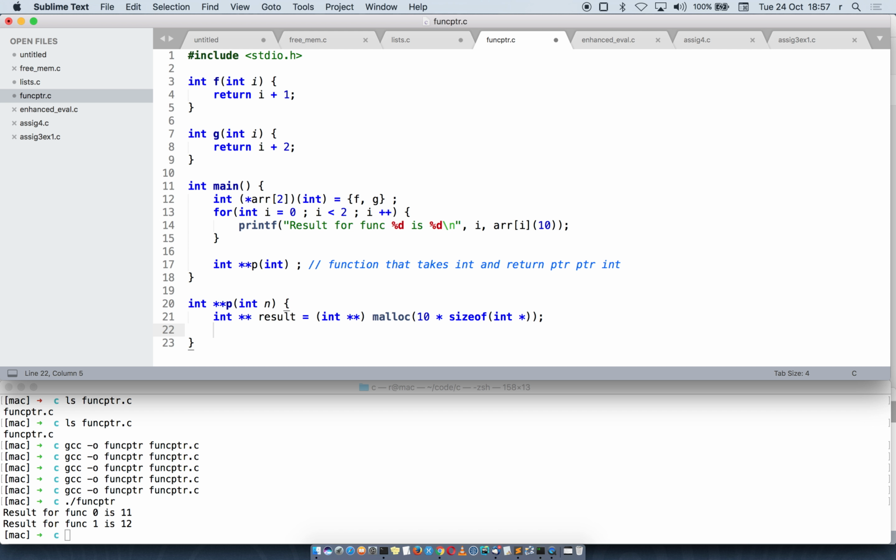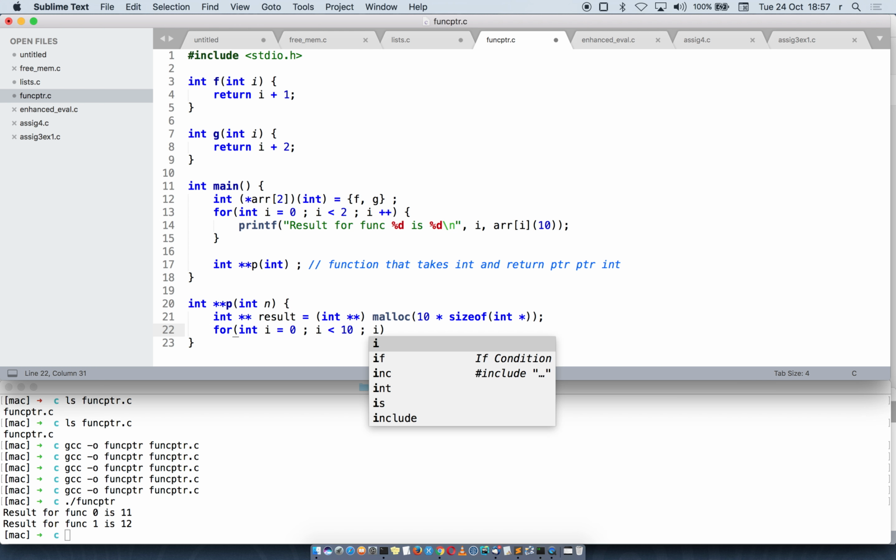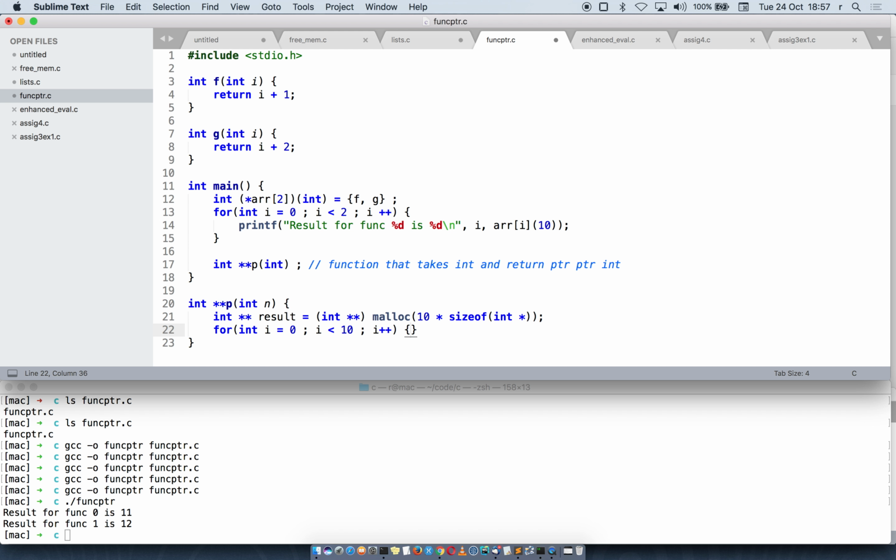It's in C, it's very much a thing. All right. So normally now we should do for int i equals 0, i less than 10, i plus plus, right? And I should say result i